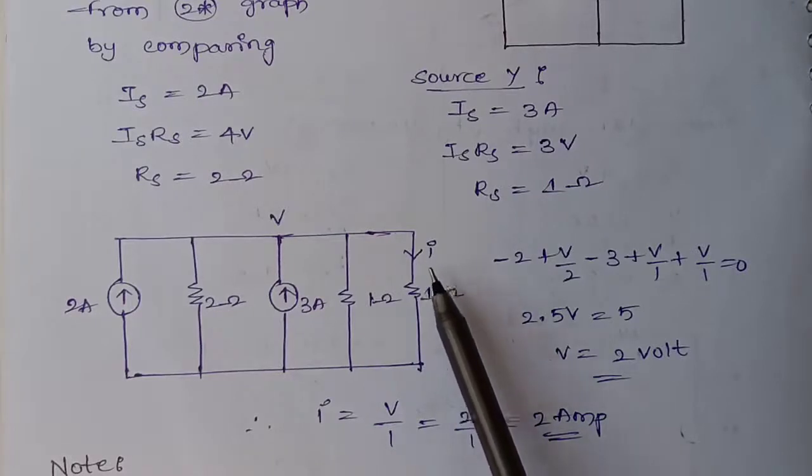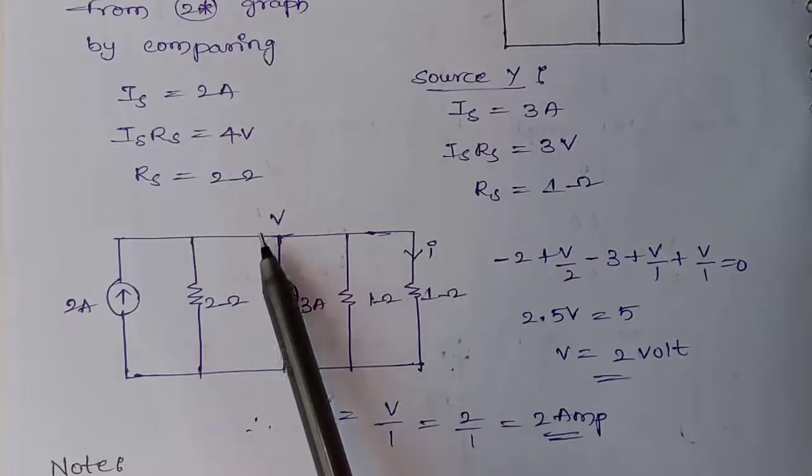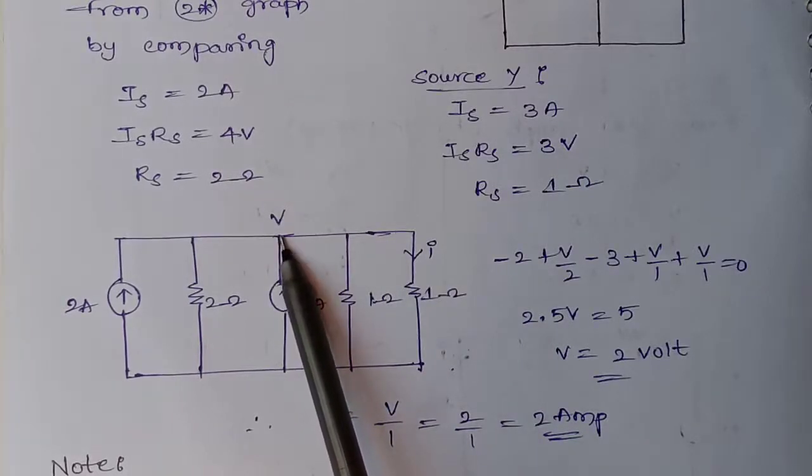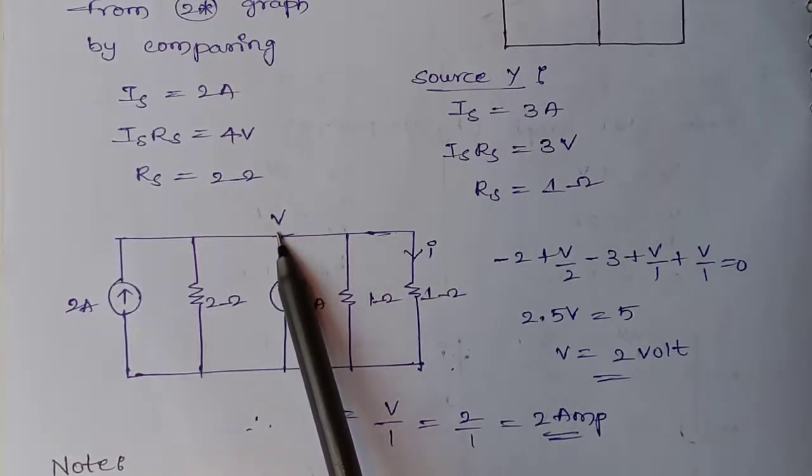Now it is very simple to find out this current value. Apply KCL at this node. I am considering this node as V. I am applying KCL at this node. We will get